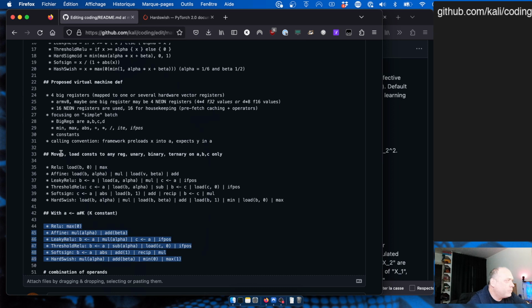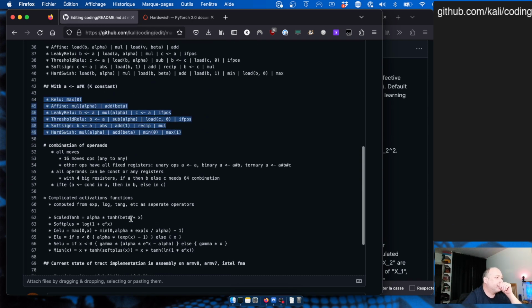We have moves between two registers. We have load to any register of a constant. We never load a variable, we always load constant because we are doing activation functions. Unary, binary, ternary act on A, B, C, or just A, or just A and B. Plus, we have another variant for binary operators, which will act with a constant. And so I think that with this we can actually do the six